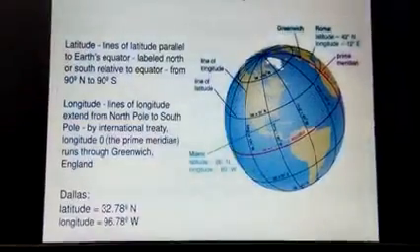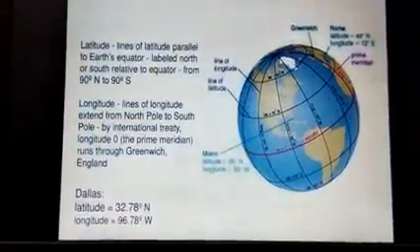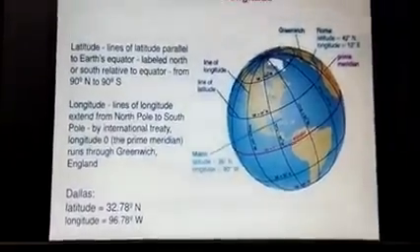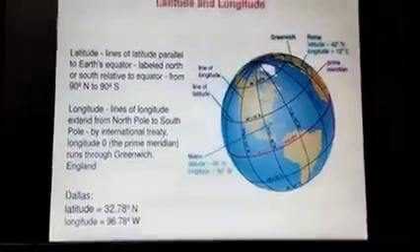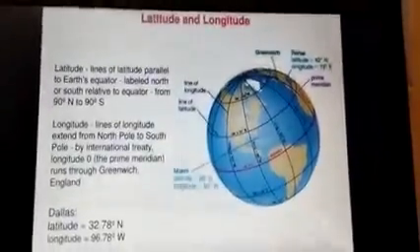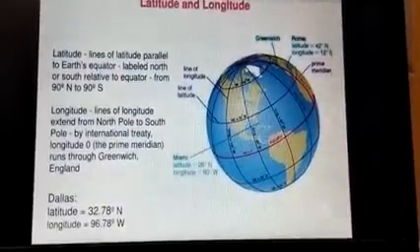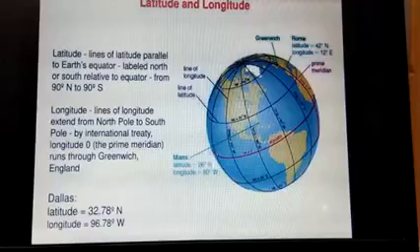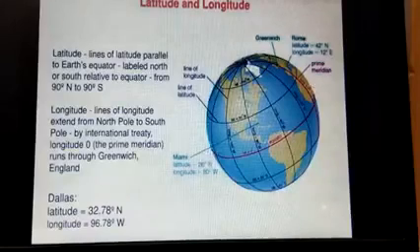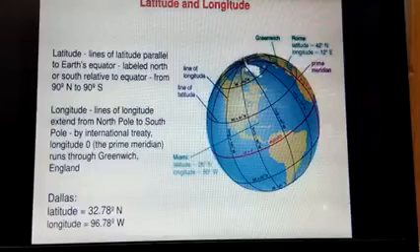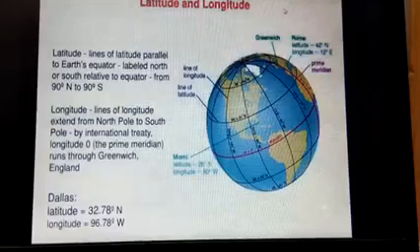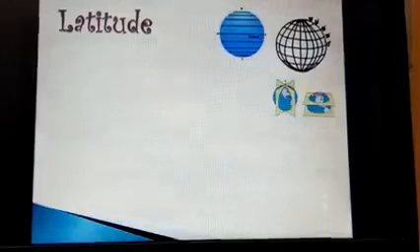Now we are going to come to the next very important topic, globe longitudes and latitudes. Alright, so this is globe longitudes and latitudes. The latitudes are the lines which are drawn from the west to east direction, and the longitudes are the lines which are drawn from north to south direction. Maybe here some information is written which may confuse you, so we are going to move to the next slide.